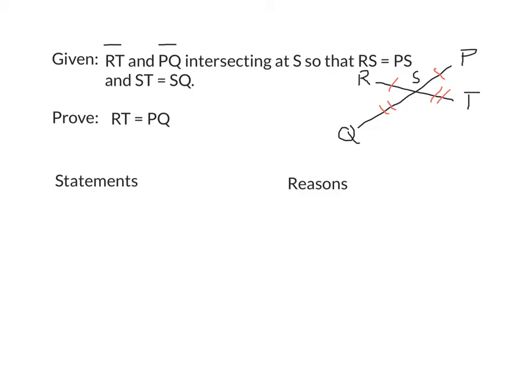Now below this, we have two columns. The left column is going to be a column of statements, and then the right column is going to be corresponding reasons for each one of those statements. So let's begin. The first statement, and we always number our statements and number our reasons. So statement 1